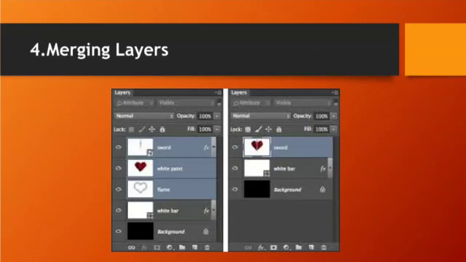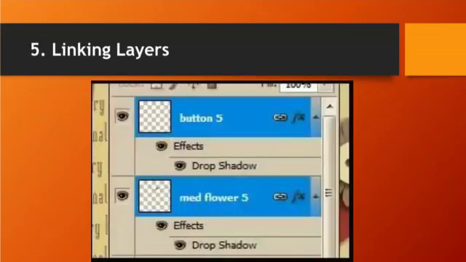Then linking layers. Linking of layers means making a chain of layers. When layers are linked, they can still be separated and edited. The procedure for linking layers is: open the image, click on the layers in the layer palette and click on the empty box beside the eye icon on another layer. The chain icon appears in the box indicating that the layers are linked. Now we can work on linked layers simultaneously. Click on the chain icon of a layer to remove a link.